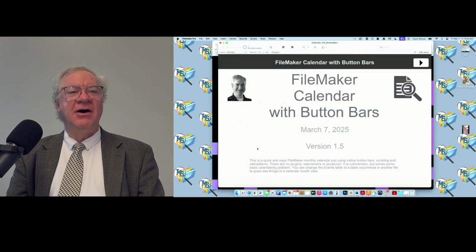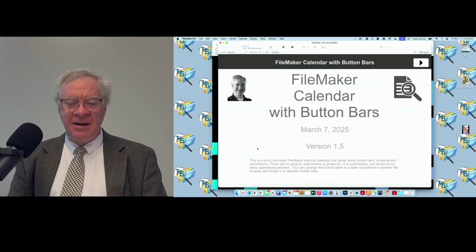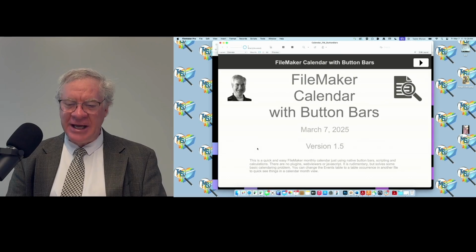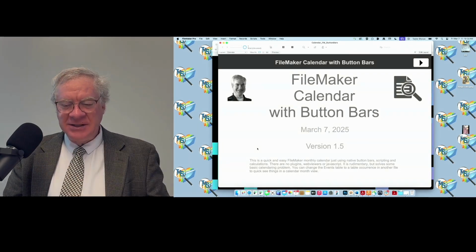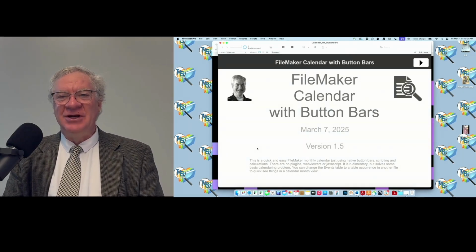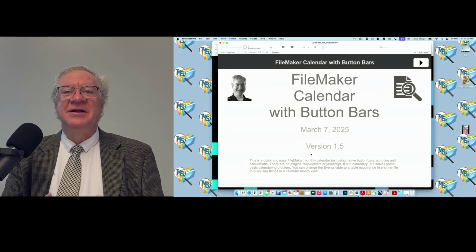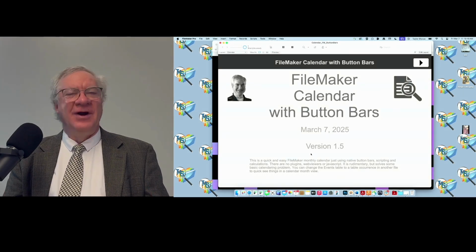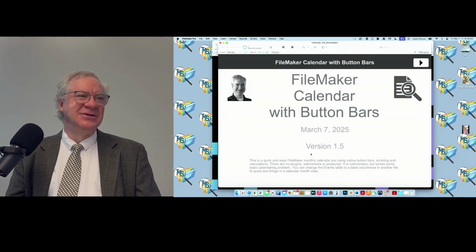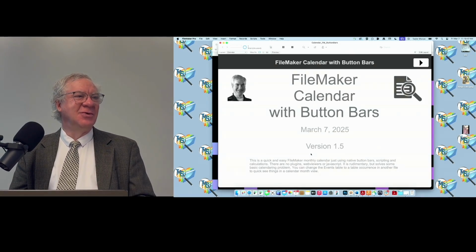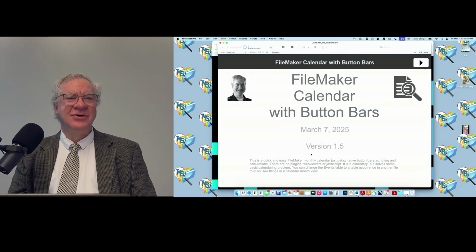So we are going to be talking about button bars today, and I'll give you an example here that's probably a bad example, but it's just something to do about it. Forever we had buttons in FileMaker, and there was a point where buttons were just a square thing that we finally got to round the corners on, and then we got to where we could put text over it.